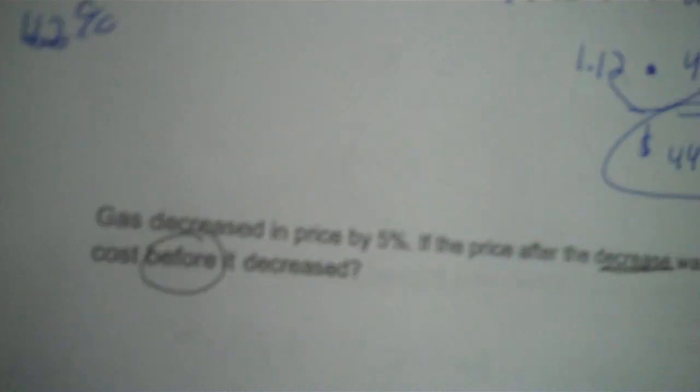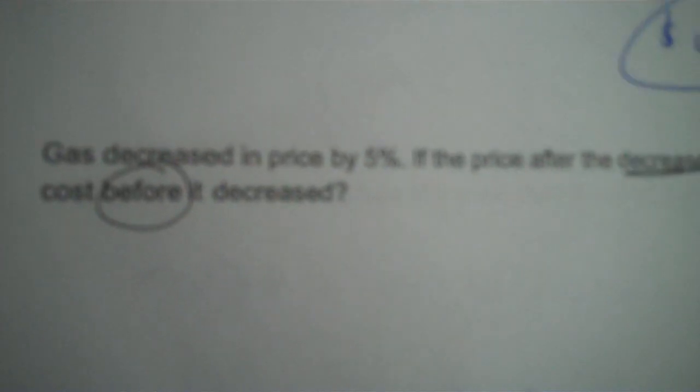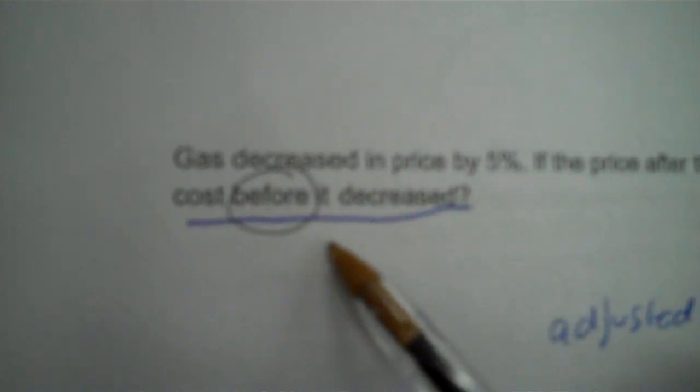Okay, last problem. Gas decreased in price by 5%. If the price after the decrease was $2.39, how much did gas cost before it decreased? So the percent's not "of." It doesn't say "of" after it. So I use adjusted percent times the before equals the after. Okay. Now the question's asking me how much did gas cost before it decreased. So I'm finding the X there. So I go X